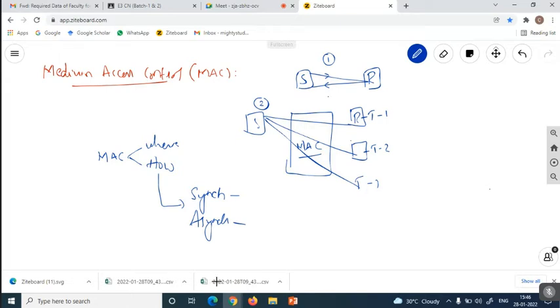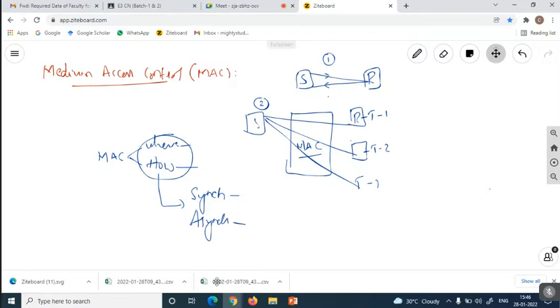So again, in this MAC, we are going to use some algorithms, protocols or techniques in order to implement this particular MAC control unit. That is for the implementation of these questions, the MAC control unit is going to be implemented with the help of different techniques or different algorithms.